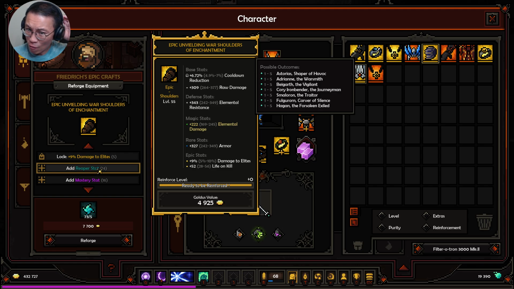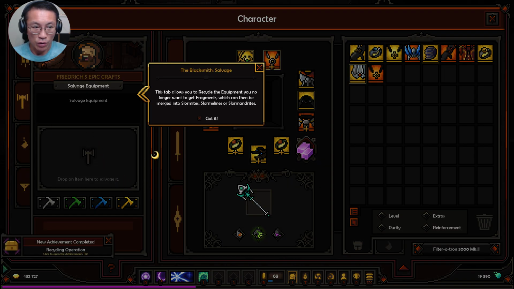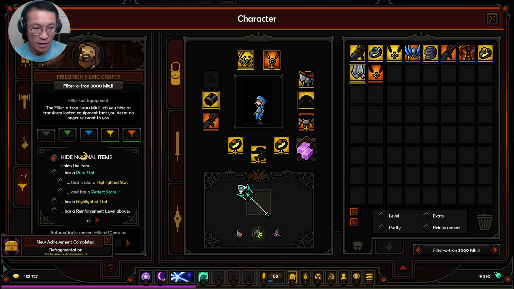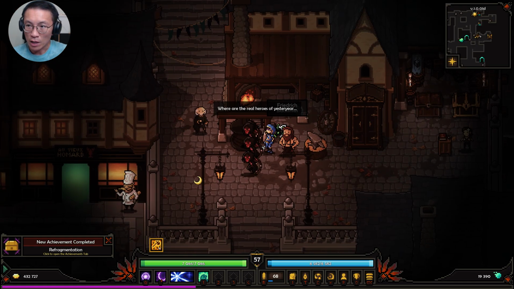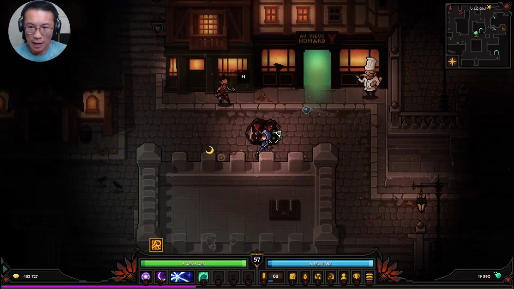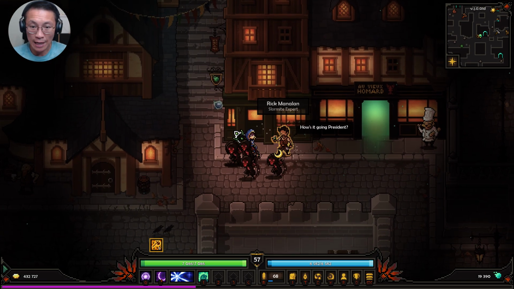Now, I'm not doing that right now because I haven't figured out what the build is, so I don't want to do too many crazy things. But here's the one where you can do a lot of things. You can do salvaging as well, and so on and so forth. Okay. Now what else do I want to show you? Yes, besides being able to reforge your weapon to the stat that you want,